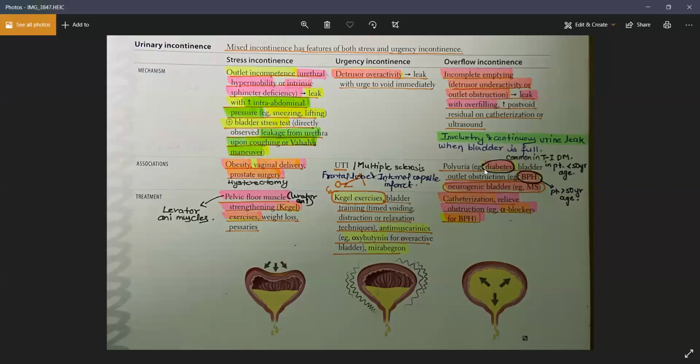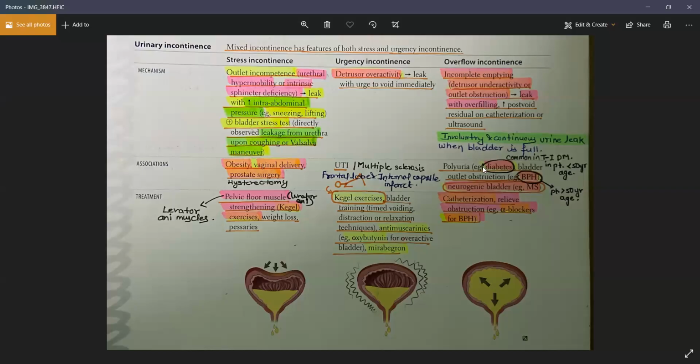In diabetes, you can have damage of the neurons, right? Now, if you get damage in the sensory neurons, the sensory supply to the urinary bladder, in that case you cannot sense whether your bladder is empty or not. Because of the sensory damage, the patient cannot sense whether the bladder is empty. So they will have incomplete voiding of the bladder, and as a result, they will have overflow incontinence in diabetes. It is because of a neuropathy.